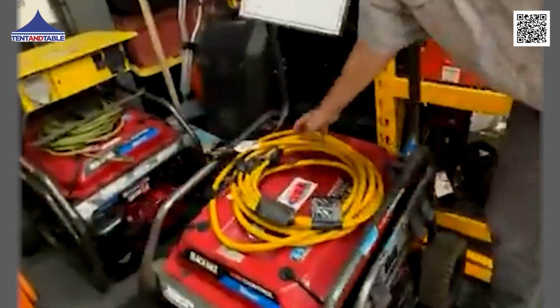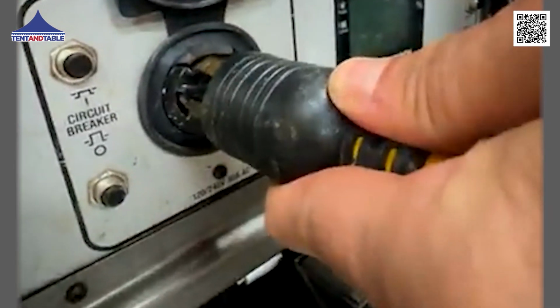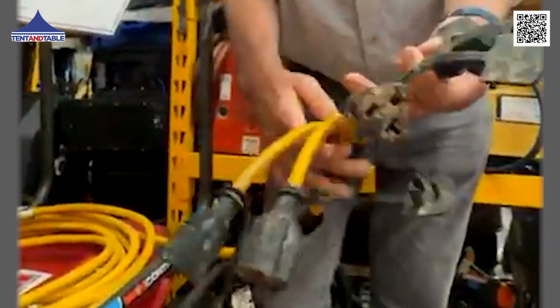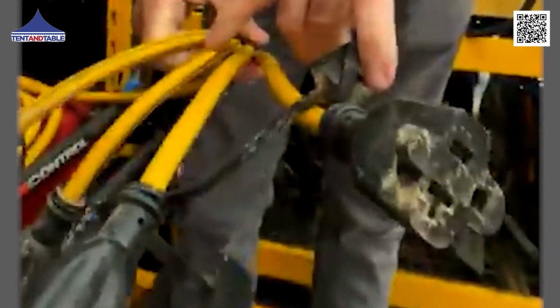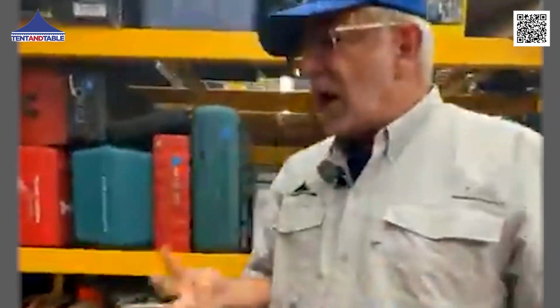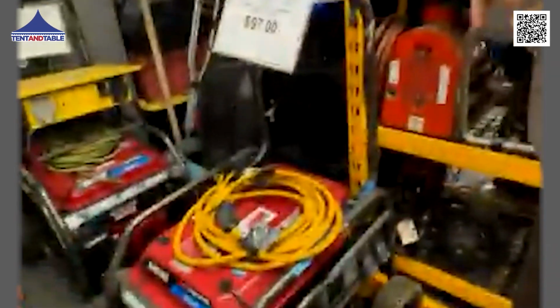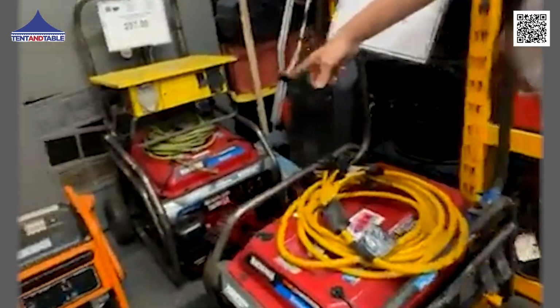If I take a storm cord like this, that's going to plug into this 4-way twist lock. I've got 2 circuit breakers, and if you notice, it's breaking it down into 4 separate outlets. 2 are striped, 2 are not striped. Circuit 1, circuit 2. So off of this generator, 4 blowers. Always look at what the maximum wattage and running power is,